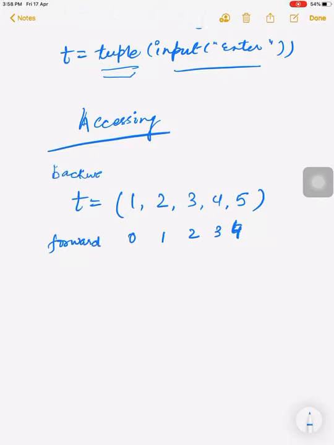The tuple also has a backward index which starts from the rightmost side. It is -1, -2, -3, -4 and -5. Same as a list, if we want to access a particular element of the tuple, we can pass the index of that tuple, so the element will be printed.